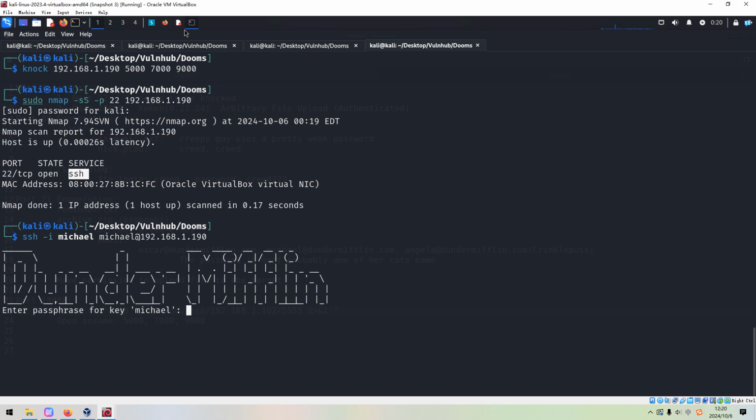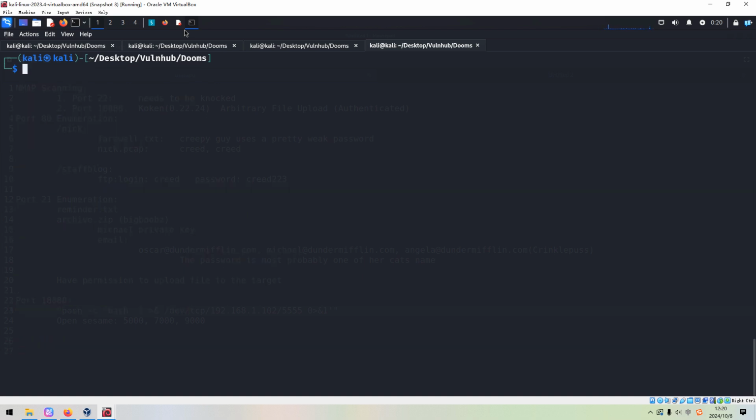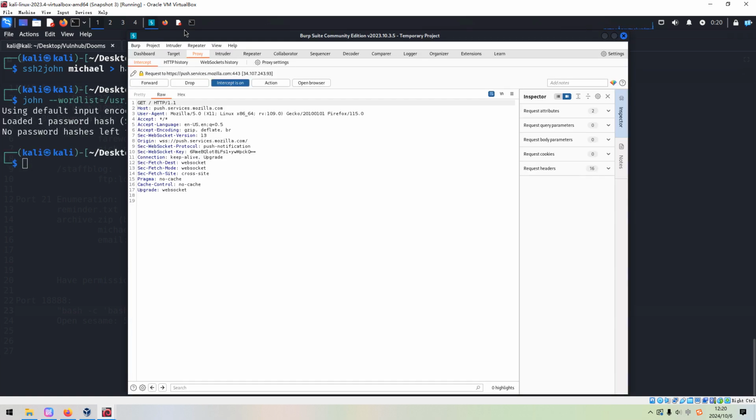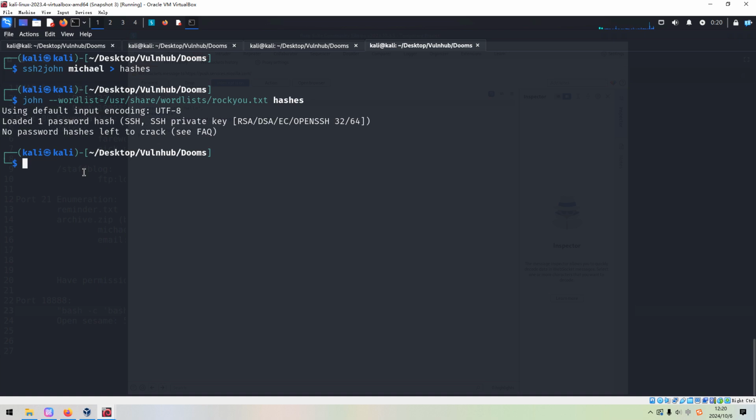However, this private key is passphrase protected, and we need to crack it. We can use the ssh2john utility to convert the key to the hash value. Then we can use John the Ripper to crack it, because I've already made cracking before.